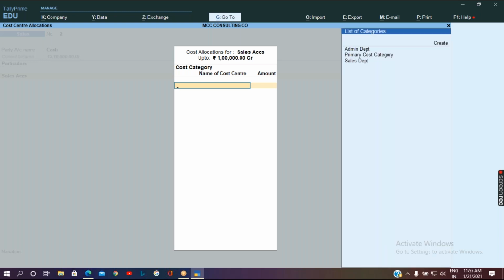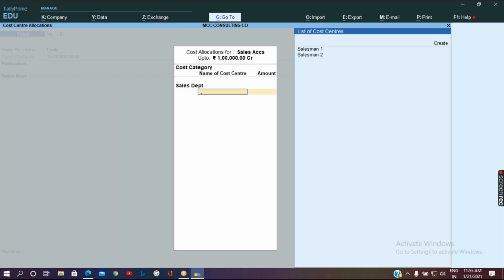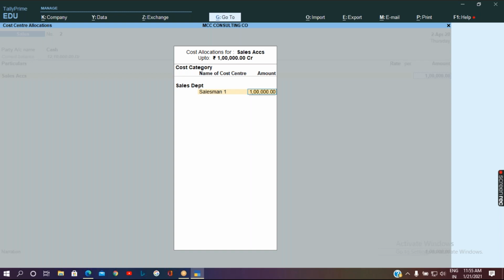So here either you can specify the whole value for one cost center, or you can bifurcate the value to another cost center.